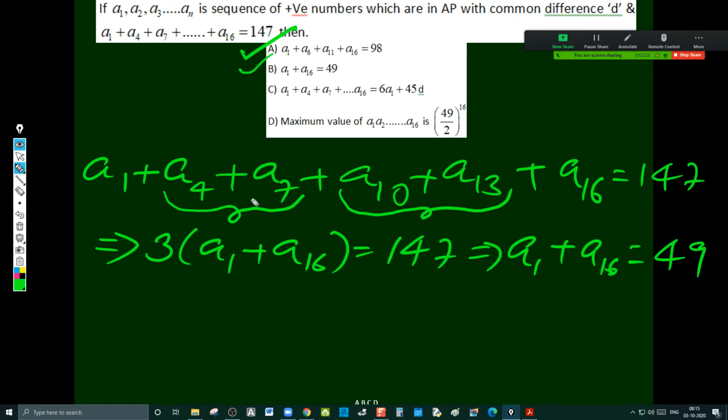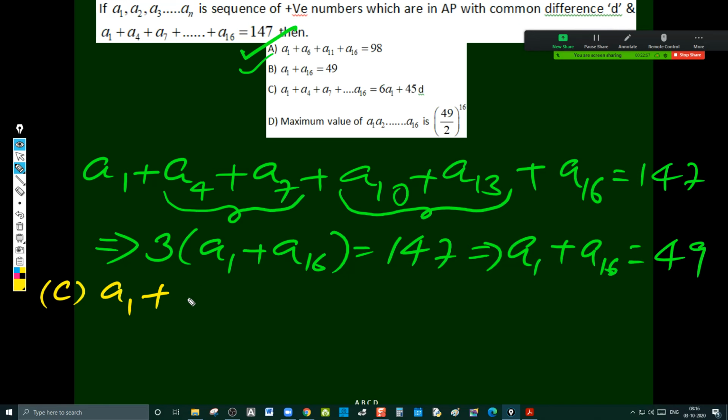And coming to the third option, it is A1 plus A4 plus A7 and so on. Just write it in this way. Yes, it is correct. And how to check it out? If the common difference is D, he did not mention the common difference. He mentioned it. Common difference is D. So A1